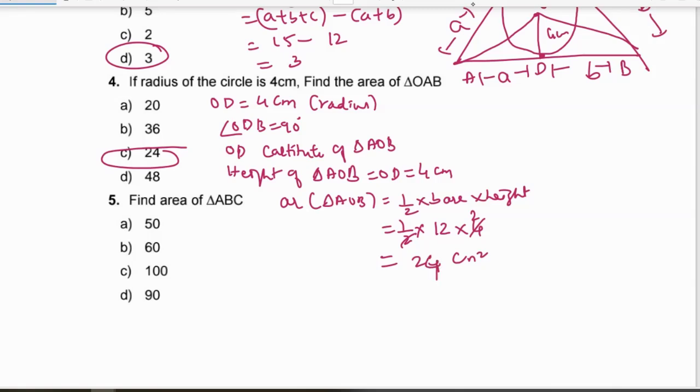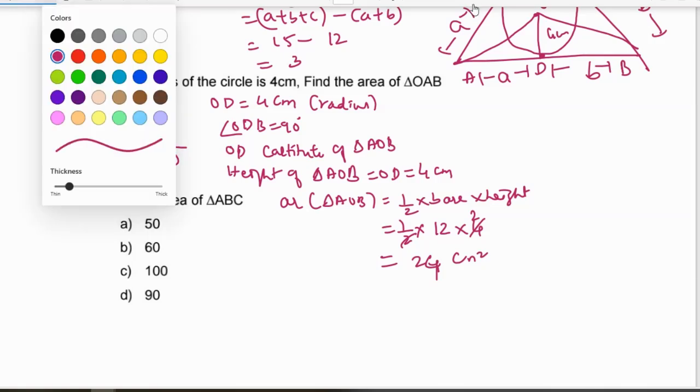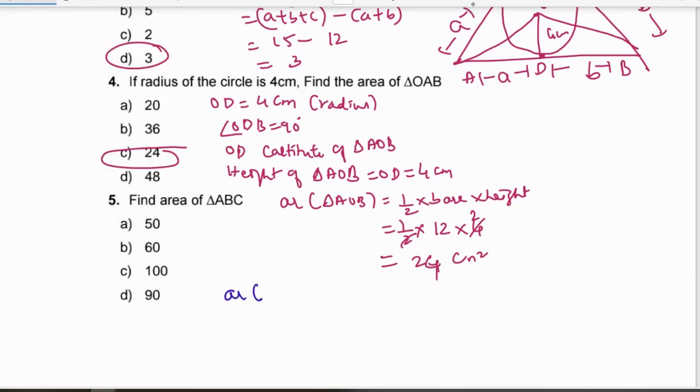Then next one you have is find the area of triangle ABC. We have to find the area of a triangle ABC. So how do we find the area of triangle ABC? Here, I'll just change. So area of triangle ABC can be written as area of OAB plus area of OBC plus area of